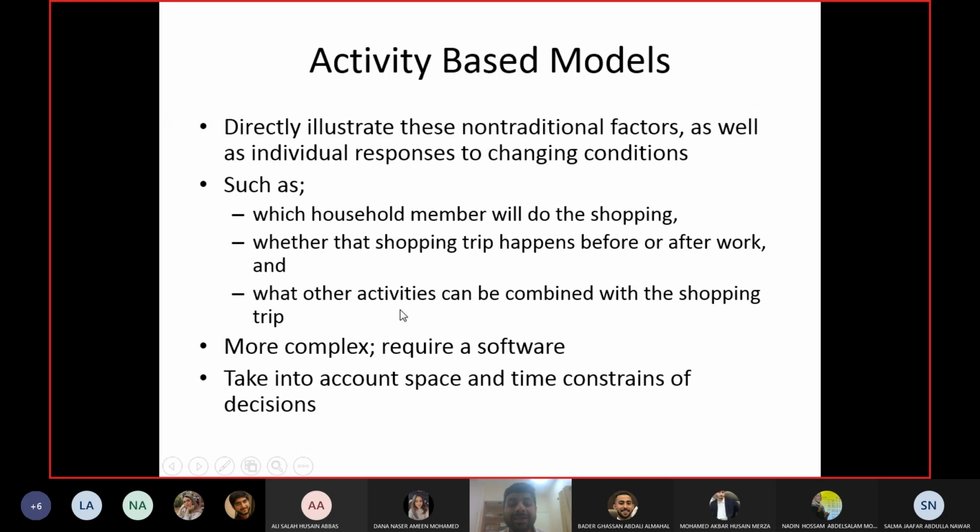What other activities can be combined? See, this is so common. I'm going for shopping, I will meet a friend as well. Or I'm going for some other activity, and this is close to a mall, I'll do some shopping as well. When we were doing on campus teaching, this used to happen to all of us. You are going, okay, when you are coming back, bring this thing with you.